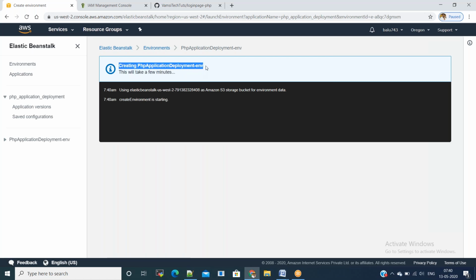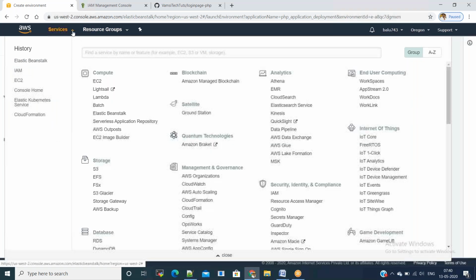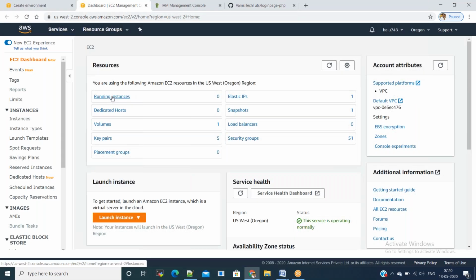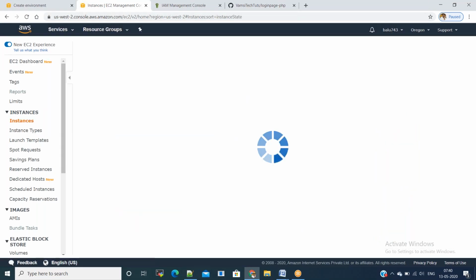Now the environment has started creating for this PHP application deployment. It takes some time to load the infrastructure for Elastic Beanstalk. We'll wait for some time, and then we will access the home page. Even though we are using Elastic Beanstalk, underlying EC2 instances will run for that.